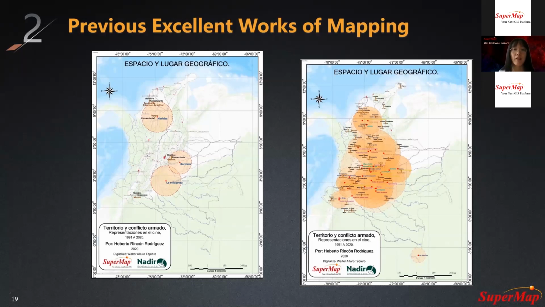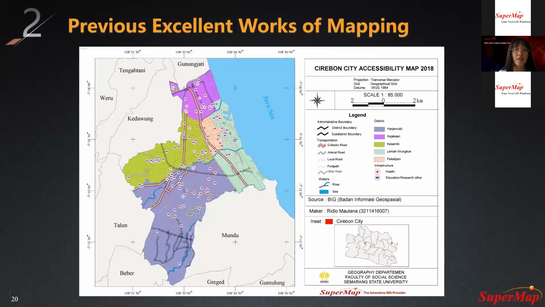And here's another map of an urban area. We can see that there are a lot of features and areas in this map, but it's very clear because the user chose vivid symbols and clear colors for each of the features. So the structure is clear and easy to read.